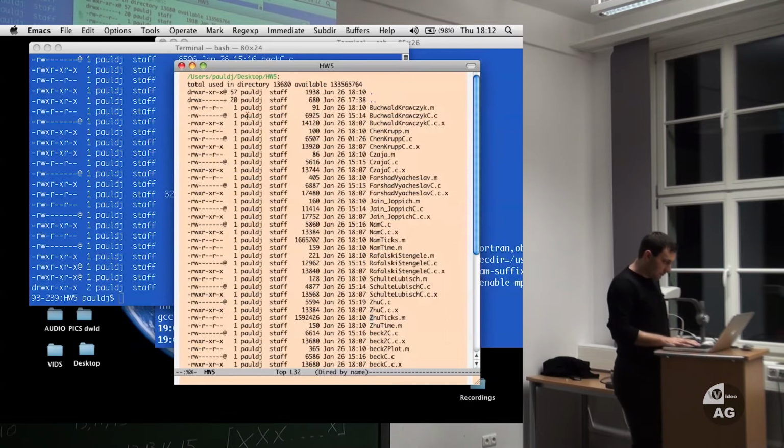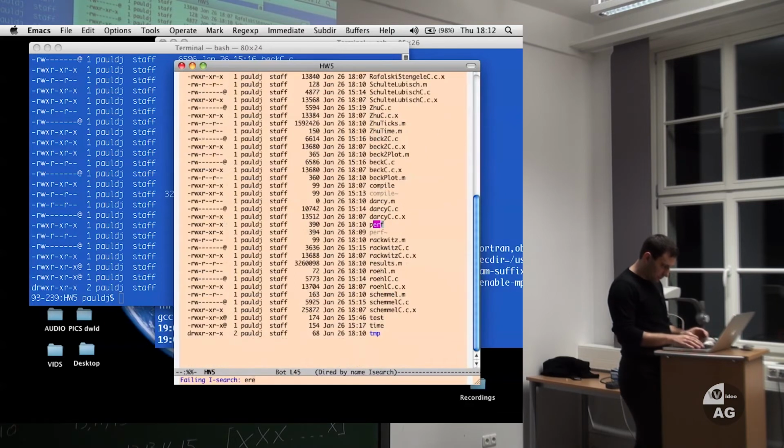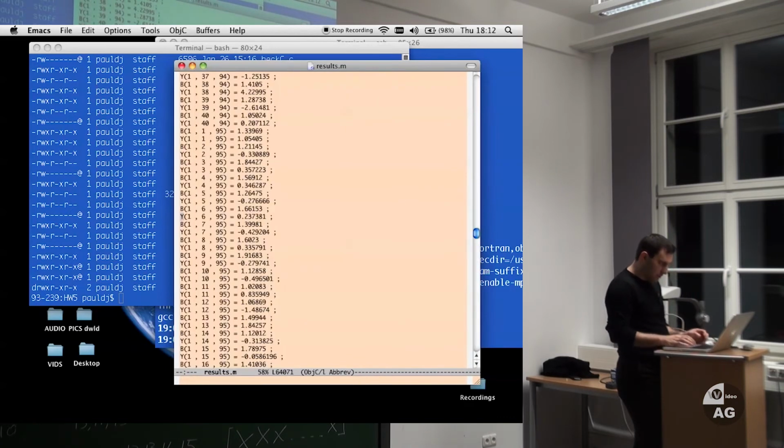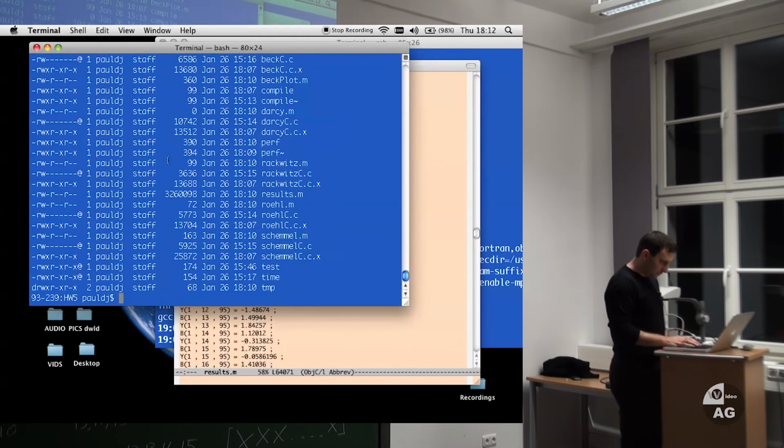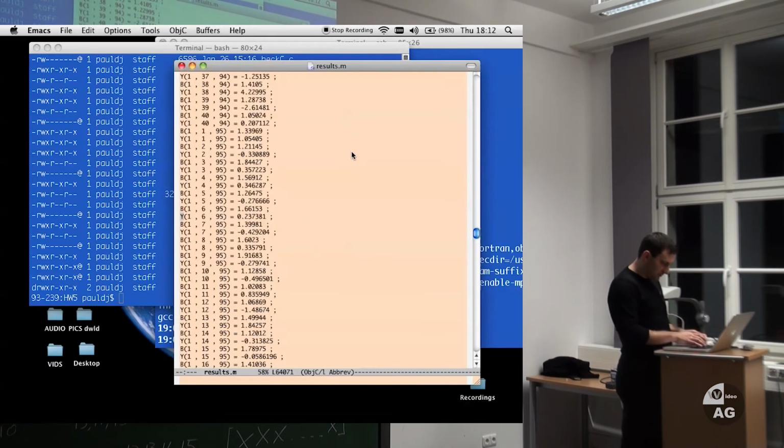Okay, we need to solve this problem. So we need to remove some guys, or we need to go inside some code and fix it. Can you guys help me to fix this quickly, or I kill? It depends on the code. I assume that instead of printing ticks and whatever, they are directly passing the matrix. So you can comment out that fprintf statement. Probably. It depends. So you said one is Zoo.